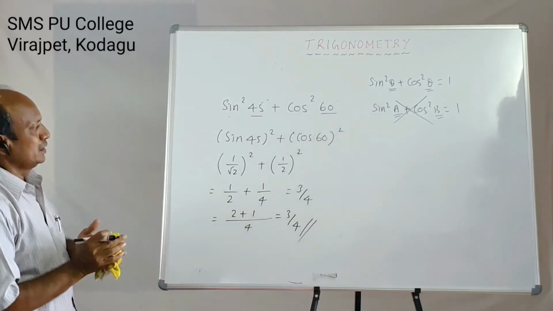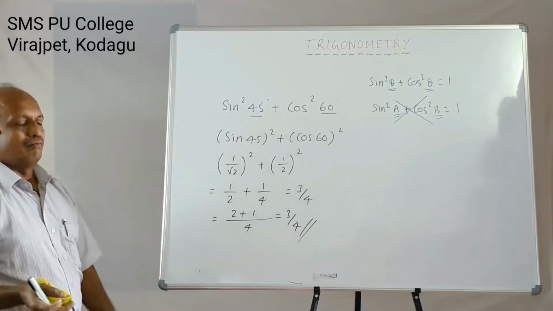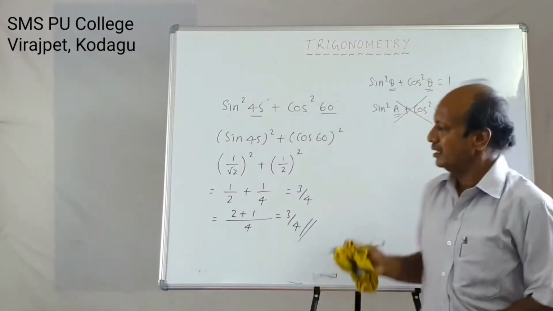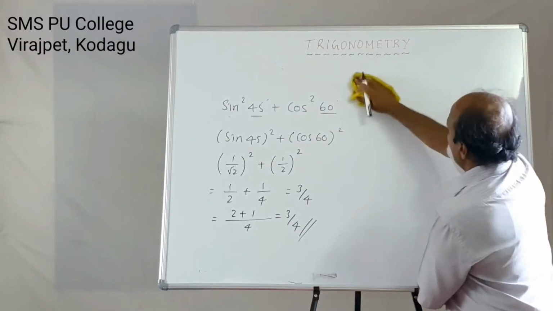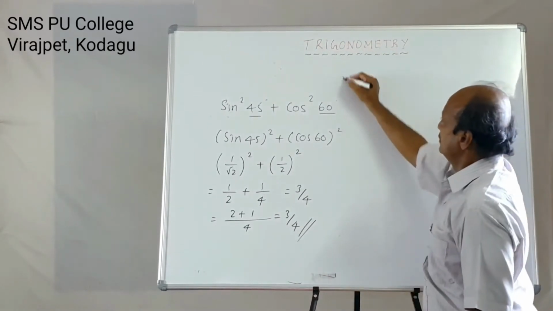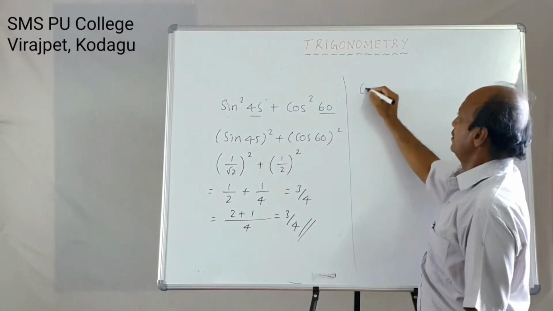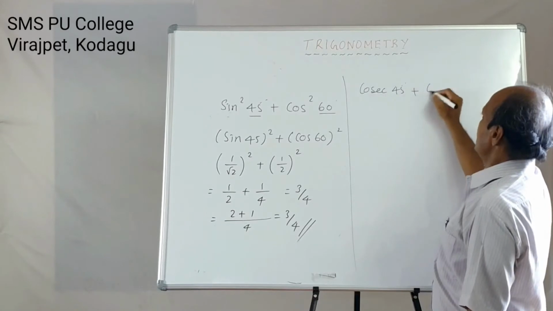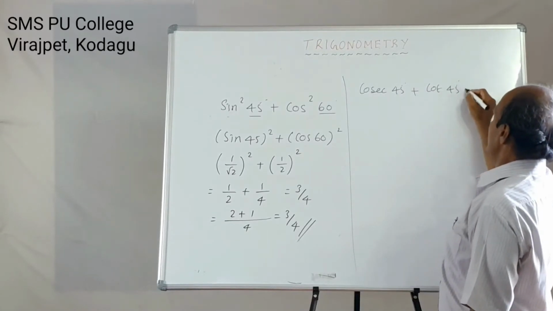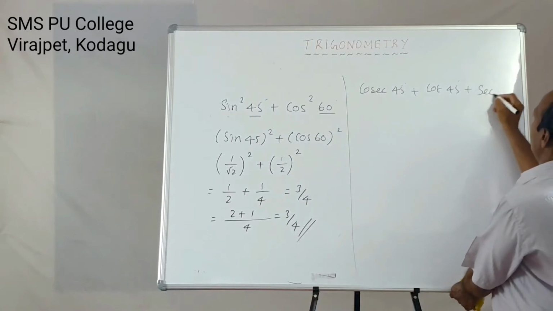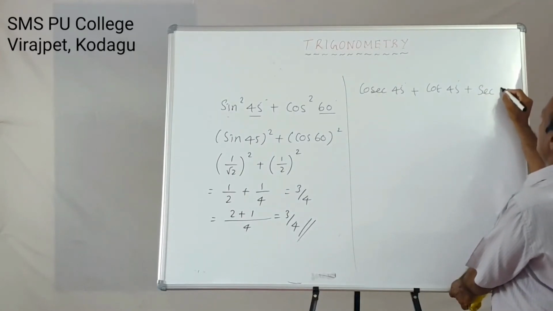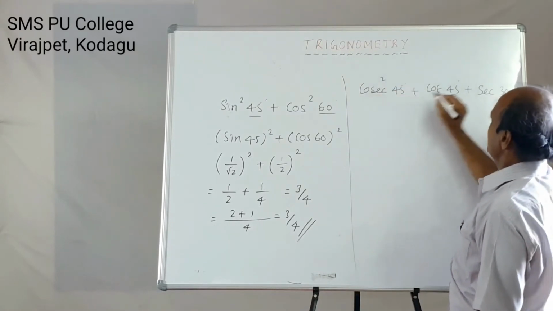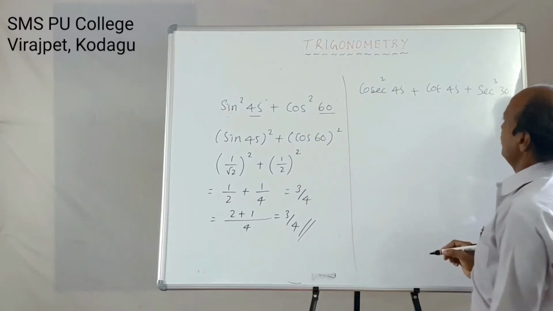Right. Students, tell me, is it difficult to find the values of this? Only the thing is, you have to substitute and simplify. Another 1 or 2 simple problems, let us see, based upon these selected angles. For example, cosecant 45 degrees plus cot 45 degrees plus secant. For example, let us take secant 30 degrees. Either you can put it as a square or something else also if you want. There is no hard and fast rule, it can be given.